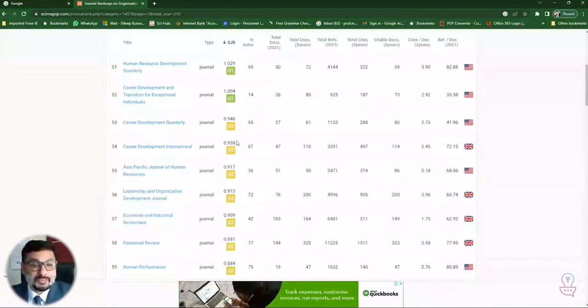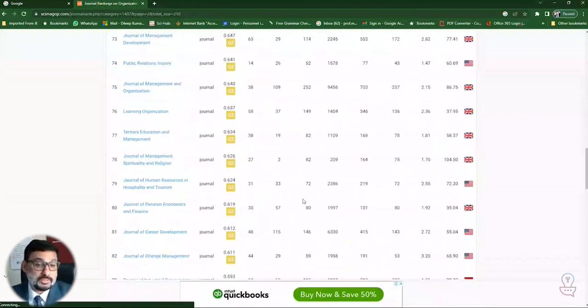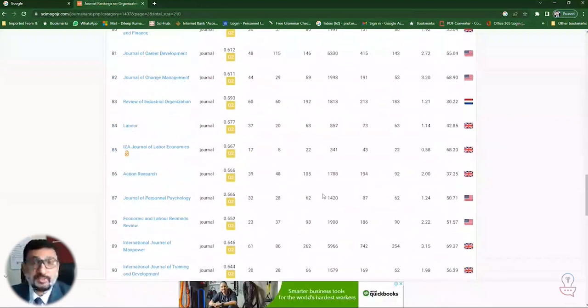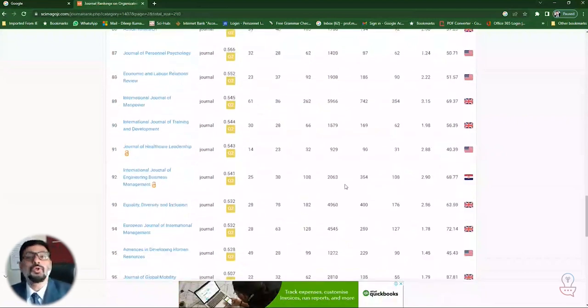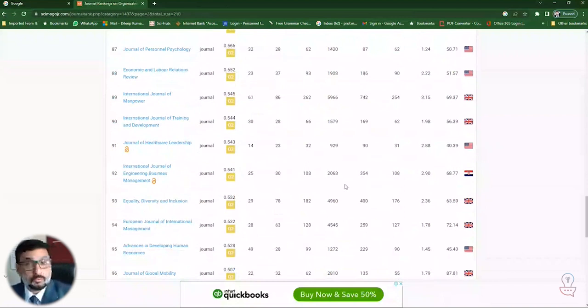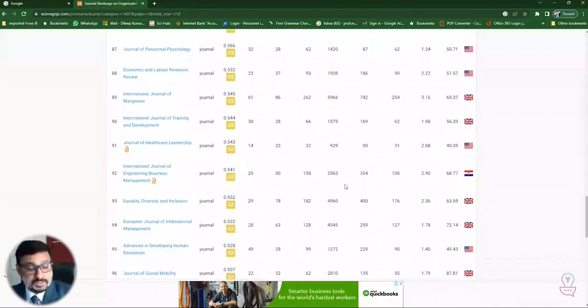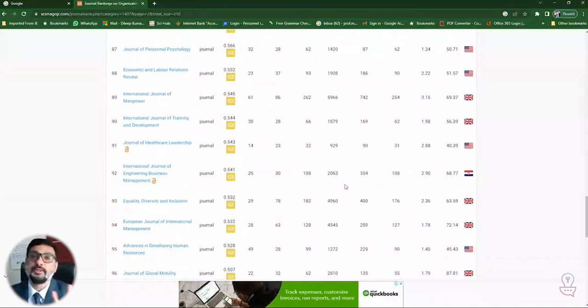So look at after this, you can see that these journals tend to be Q2. These are all Q2 journals. Maybe next year, some of them will be going towards Q1. All right, so Q means quarter: quarter 1, quarter 2, quarter 3, quarter 4, or tier 1, tier 2, tier 3, tier 4. These are the 4 levels. 4 is the lowest level.